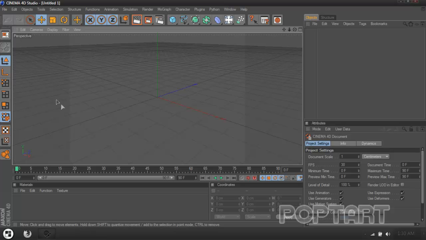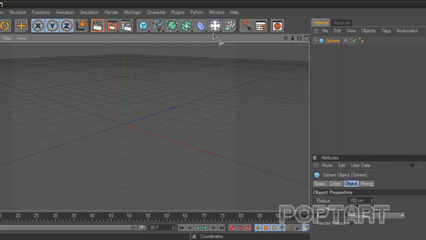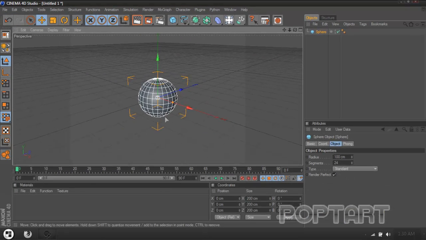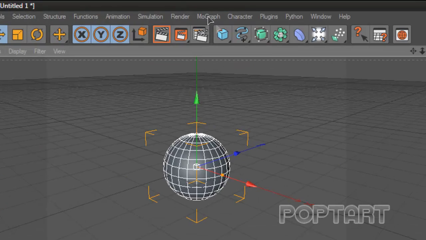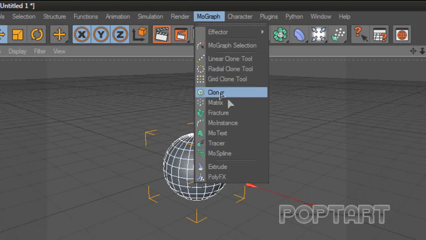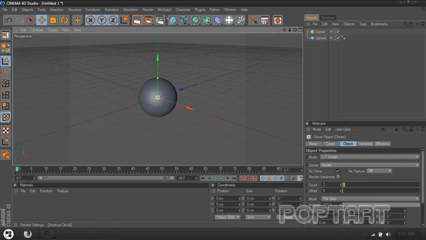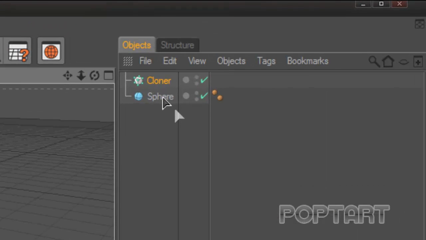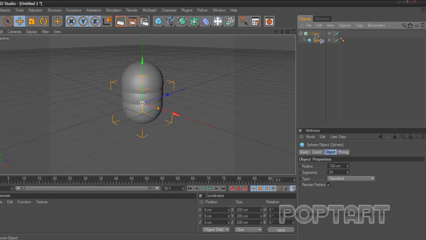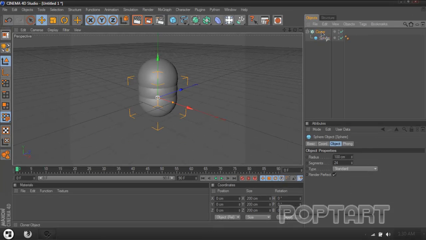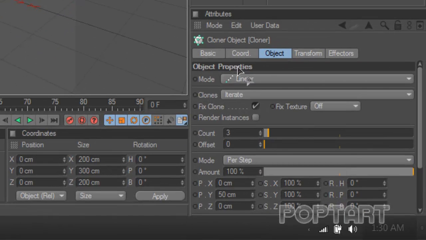First off, you want to create a sphere. Once you have that sphere, you can resize it if you want, but then you want to go up to MoGraph after you're done resizing or messing around with your sphere. Go up to MoGraph and click Cloner. Once you have your cloner over here, drag the sphere up into the cloner, and then click the cloner, then go down to Mode,